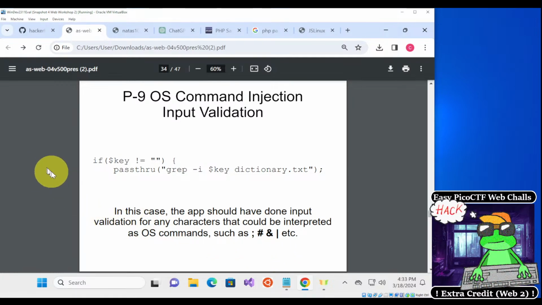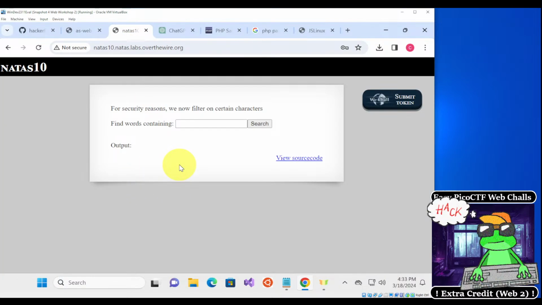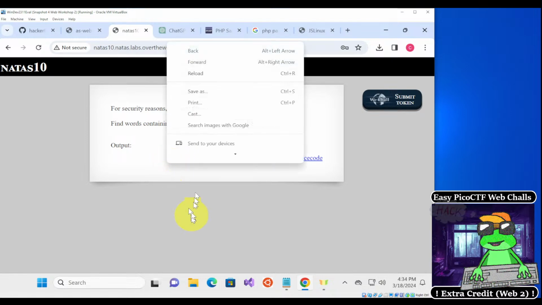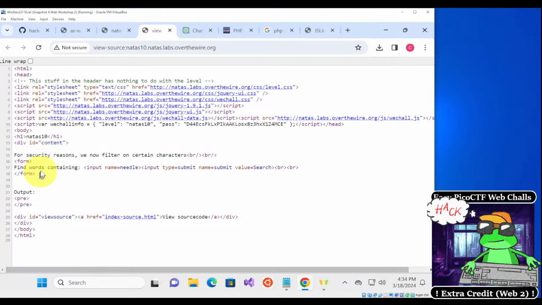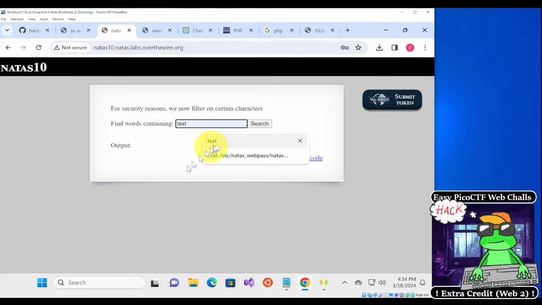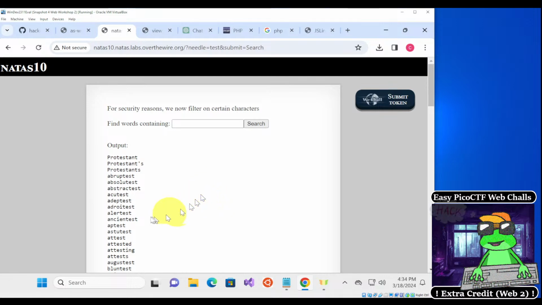So now we're going to do part 10, and this is also going to be an OS command injection case, but just for the sake of completeness, let's take a look at the source code for this. So as usual, the header is not relevant to the exercise over here, but it's basically the same web app interface as the last level right here. So we do test, and we get, it's basically using the same function,